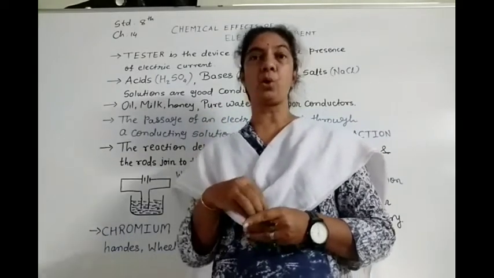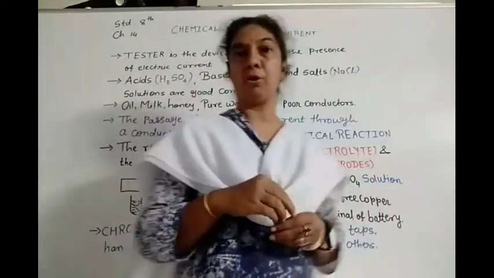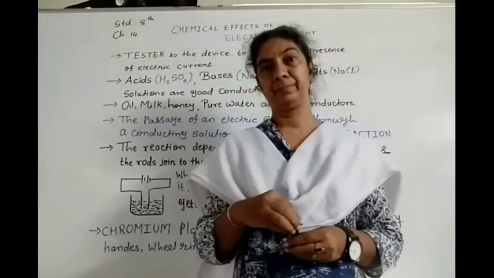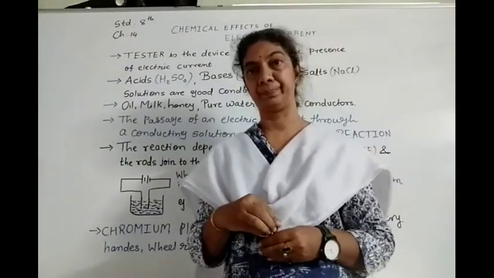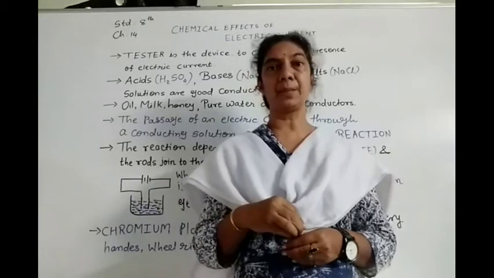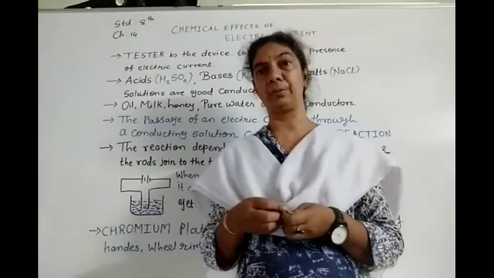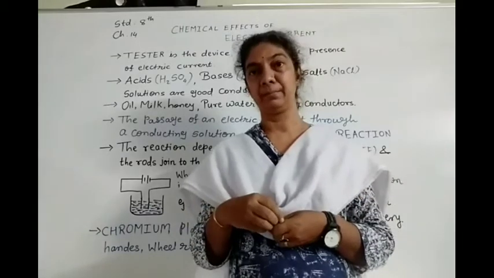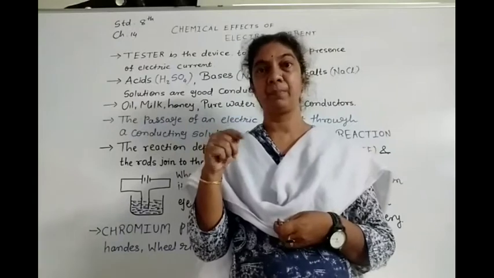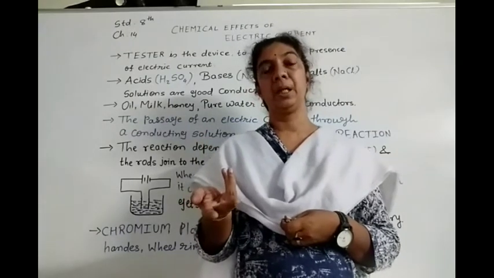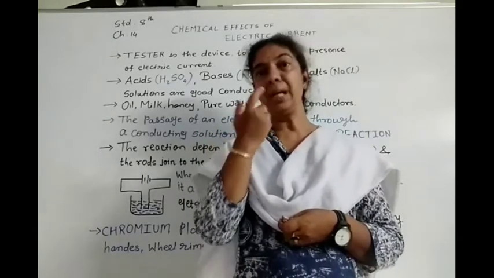Like that, chromium is one of the important or costly metals which has a very shiny and lustrous look. Substances made up of iron, like handles of the door, handles of the bicycle, wheel rims of the bicycle, other auto parts, the taps which we are using in the bathroom, they all are made up of